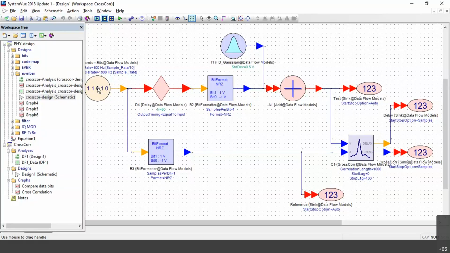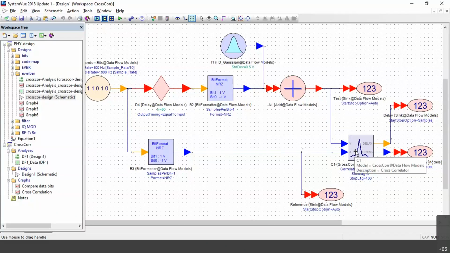Okay. Hello. Yeah. I hope I'm audible. See here, for cross correlation, I'm taking two signals. Fine. This is one signal adding with a noise. One is a delayed version of the original signal. So this signal is delayed and the bit is taken as non-return to 0. The bit format is non-return to 0, and one is a signal with non-return to 0 without any delay. So those two signals are added here, right? One is added with a noise, fine, and then this signal is given to the cross correlation module. So one is the original signal and the other, a delayed version with noise, is given to cross correlation. Fine. Then you're going to check the output.